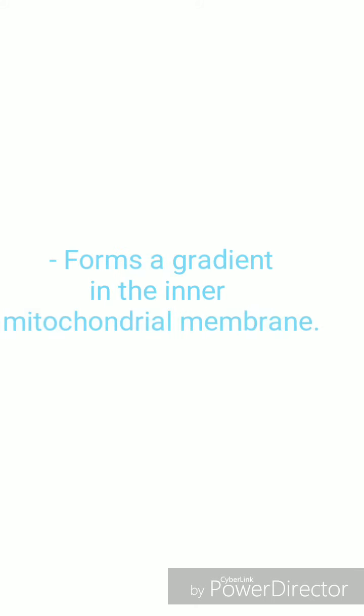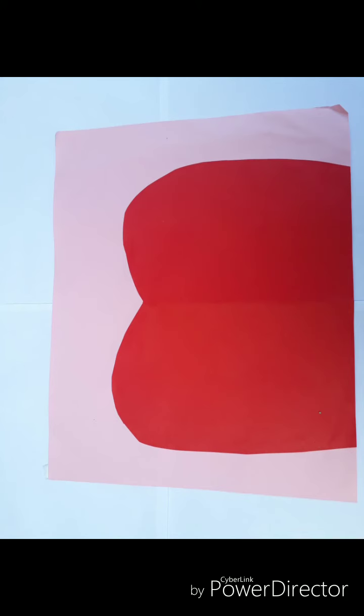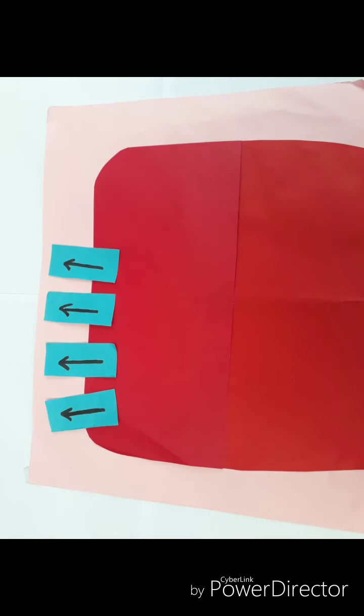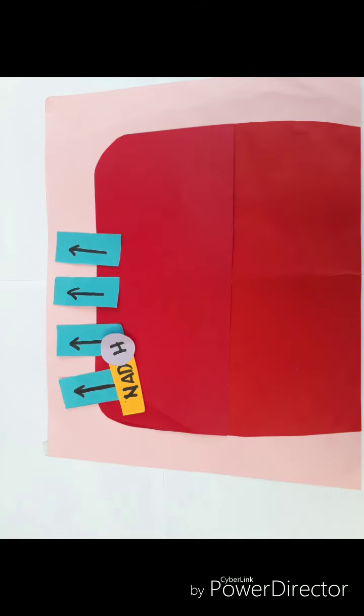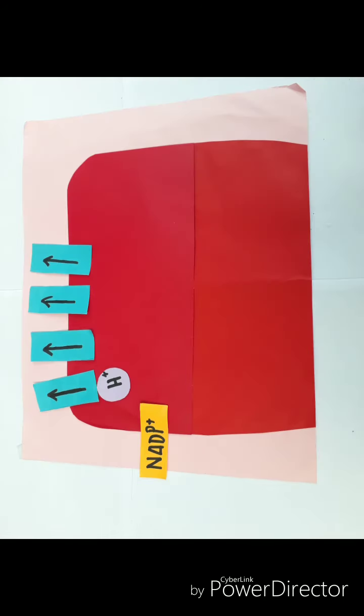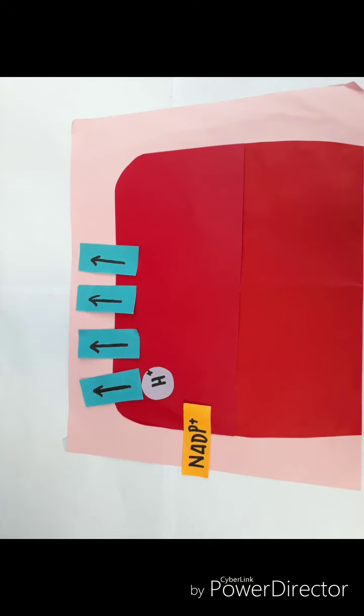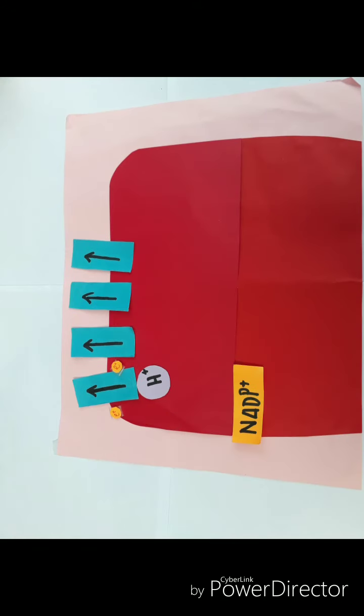The last process of cellular respiration is the electron transport chain. The electron transport chain forms a gradient across the inner mitochondrial membrane, which drives the synthesis of ATP via chemiosmosis. The electron transport chain is a series of proteins and organic molecules found in the inner membrane of the mitochondria. Electrons are passed from one member of the transport chain to another in a series of redox reactions. Energy released in these reactions is captured as a proton gradient, which is then used to make ATP in a process called